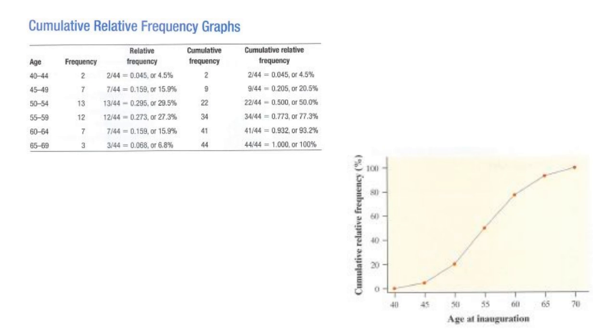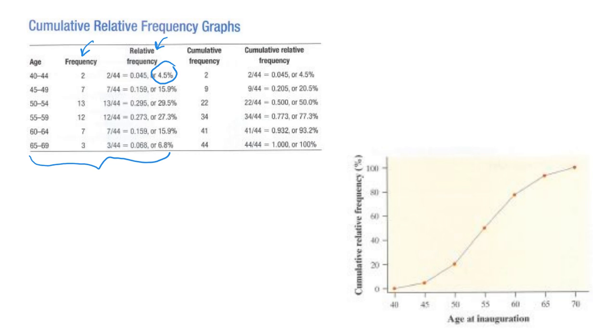Okay, so let's look at some graphs that we could make using percentile. So we've seen the first part of this table before. Here's our data with age, here's our frequency, and here's our relative frequency. Remember, relative frequency would be the percent. For example, this graph is looking at presidents and the age they were at their inauguration. So between the ages of 40 and 44, there were 2 presidents out of 44 when this data was collected that had been inaugurated at the age between 40 and 44. And so that would become our relative frequency of 4.5% of the presidents were inaugurated with the ages between 40